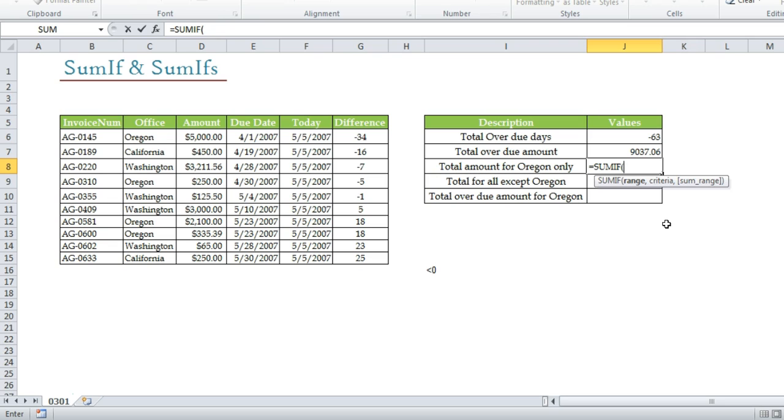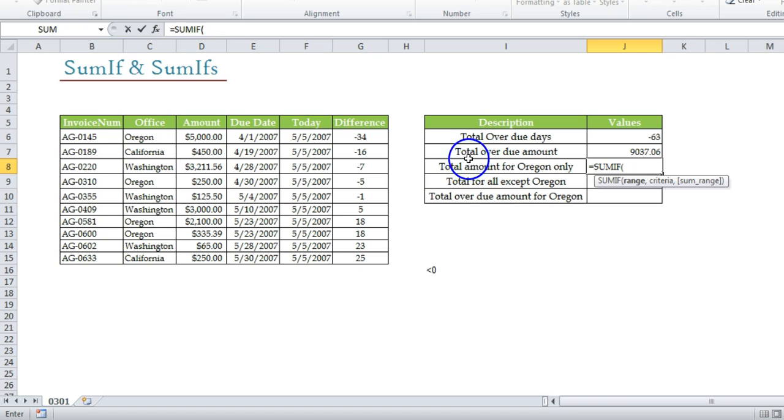So guess these arguments. You can pause the video right now and guess it, before I explain. Now range is basically again the range where we have the criteria, and sum range is the range from where we want the ultimate sum. Now think about it. Criteria, total amount, we need the total of amount.